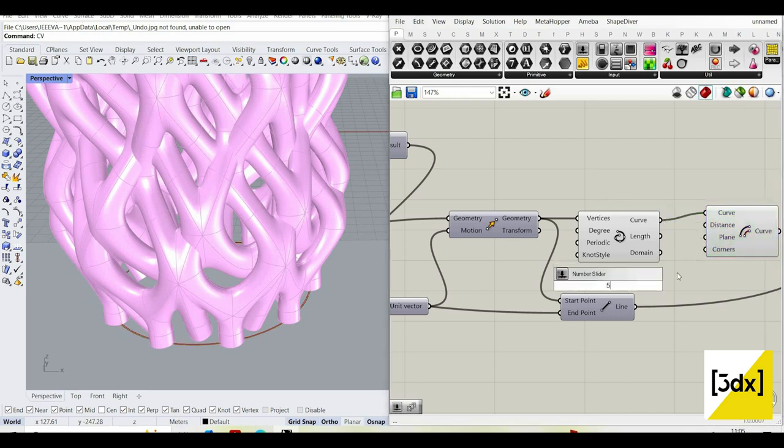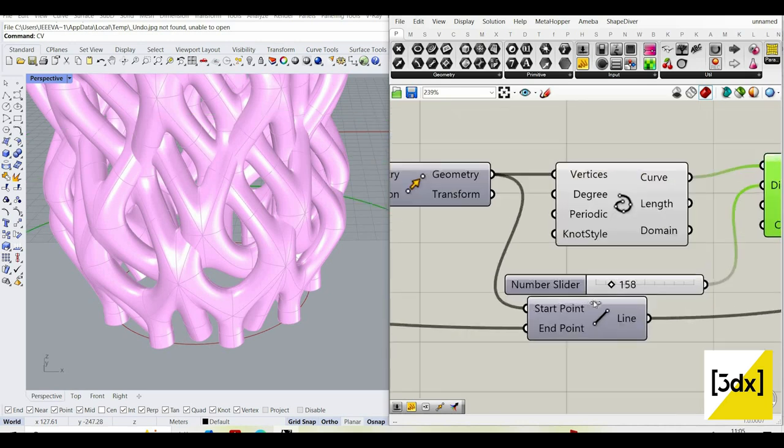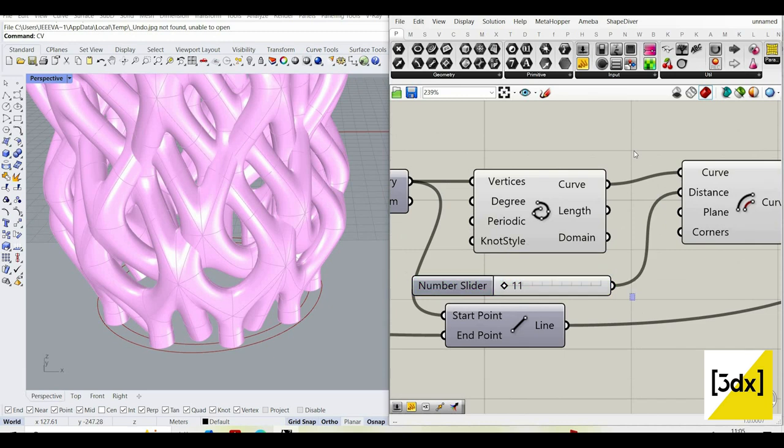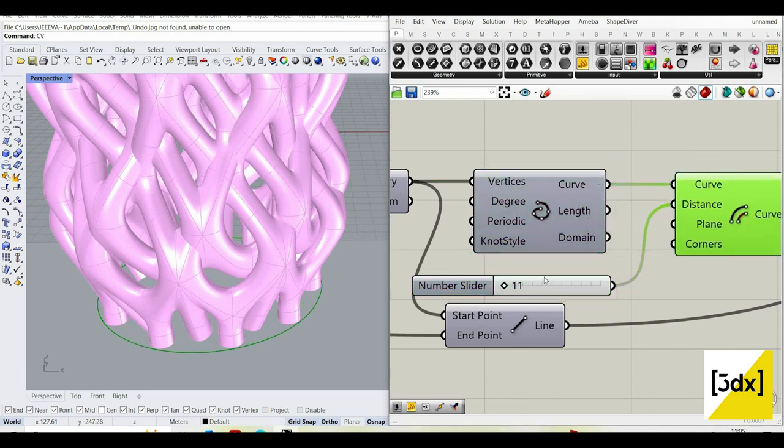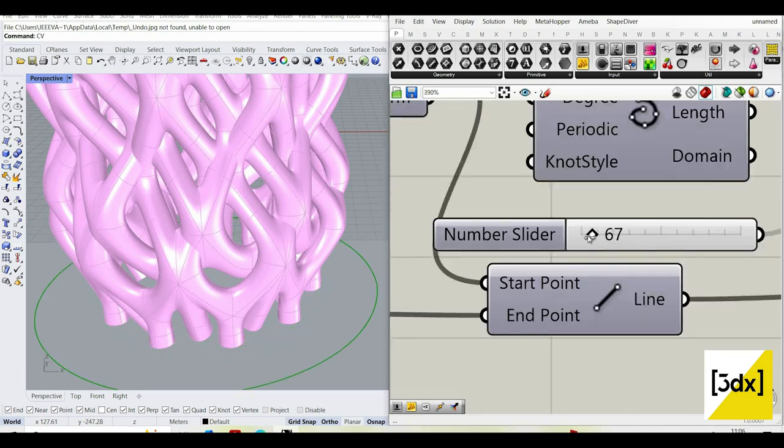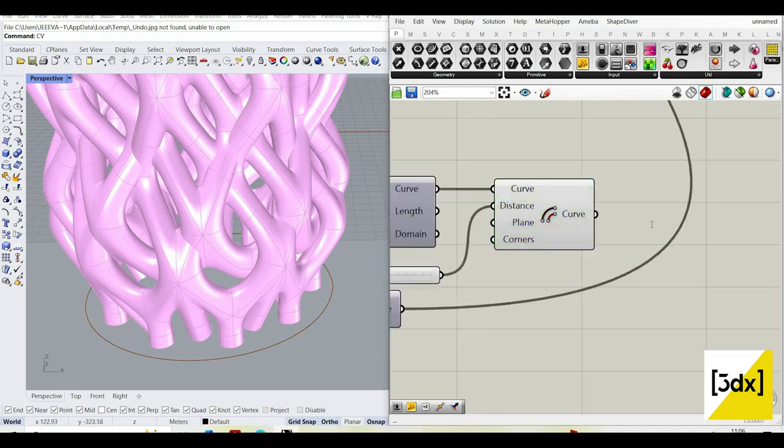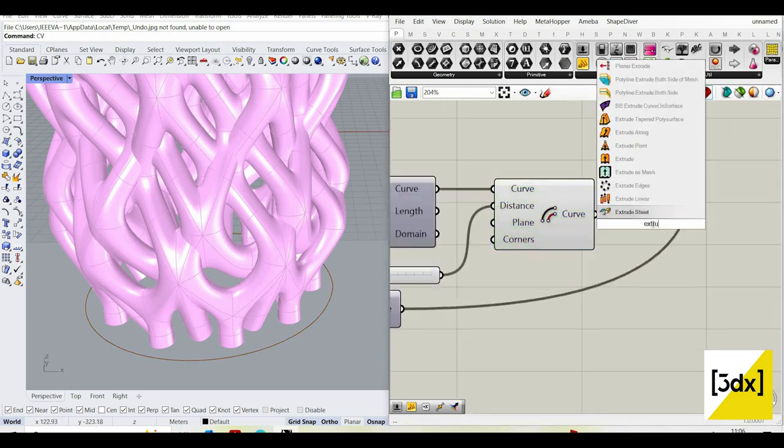Not 500 actually. I usually use bounding box so that I figure it out, but right now I just give a value. Okay, let's use this and let's say extrude